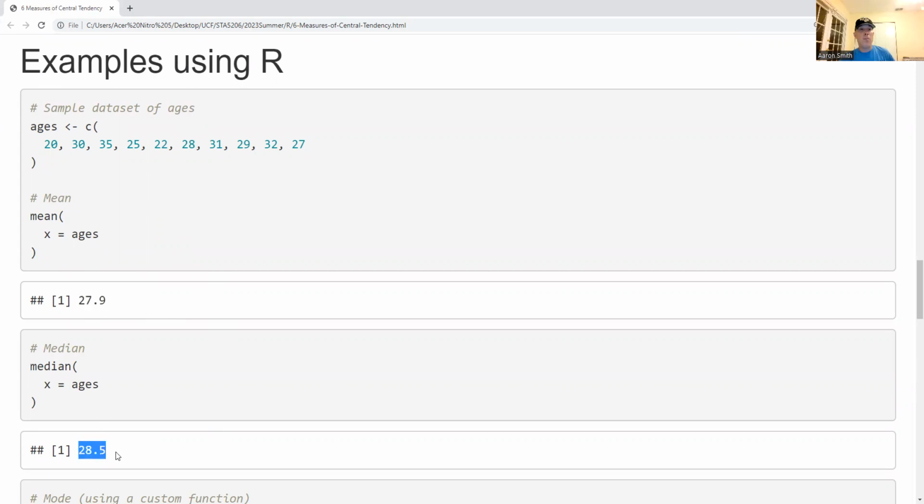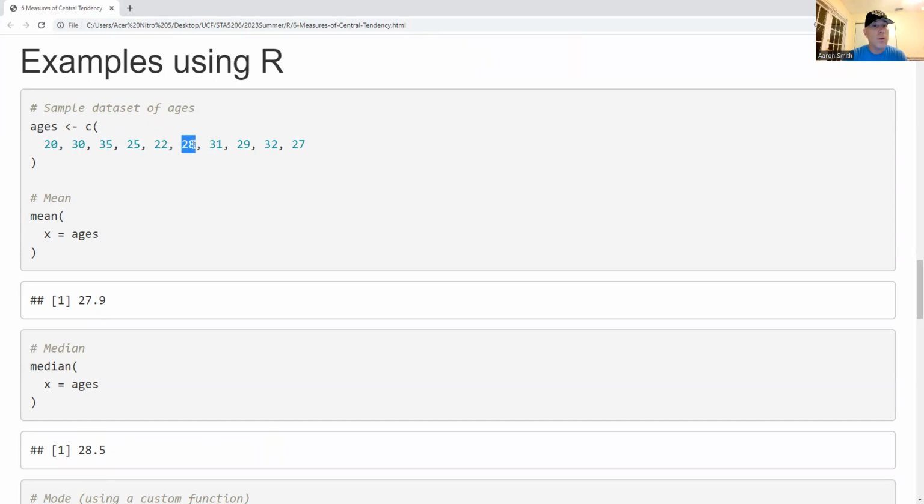The median is the middle value. So let's see if I can find the middle value here. Oh, it's not sorted. All right, so we have 1, 2, so 1, 2, 3, 4, 5, 6, 7, 8, 9, 10. All right, find the smallest 5 values. We got 1, 2, 3,